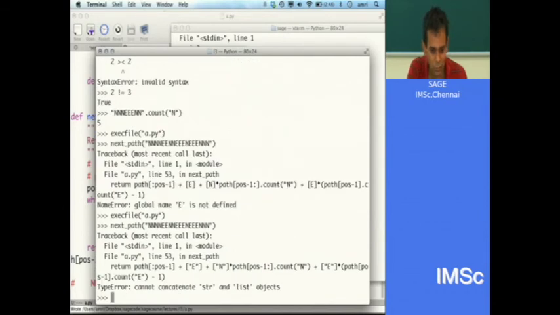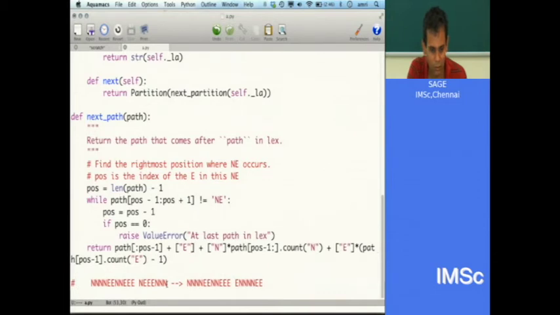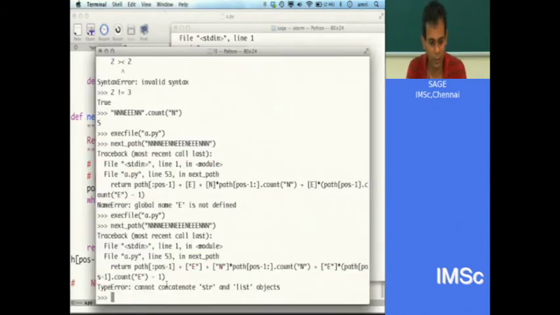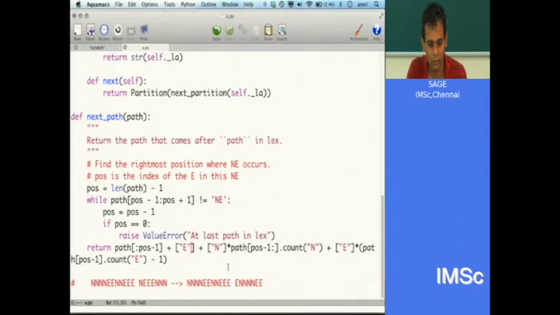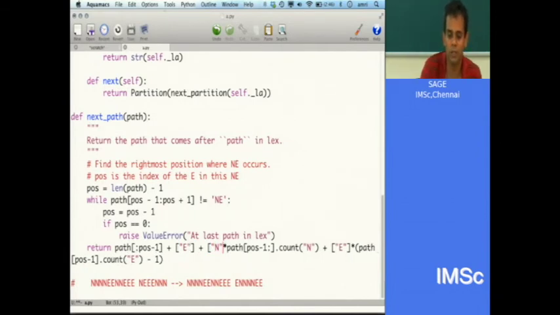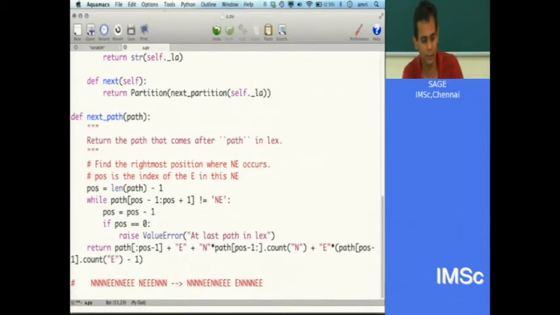Cannot concatenate string and list objects. Okay, so I should stick to lattice bar. Why does it say reduced? It's trying to, you know, this is a string, this is a list. Path is start, not supposed to be a list. Yeah, but I was kind of trying to use strings, but then here I got a list. So maybe I could just do that. It's also the very first E. Yeah, I think that should work.